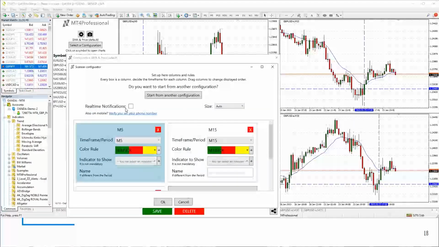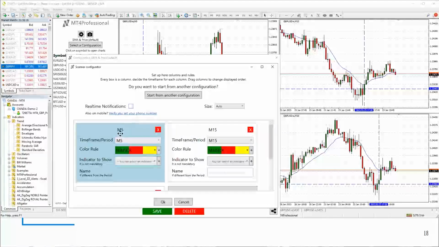If you turn on real-time notifications by ticking this box right here, then it'll turn on the notification center. It'll give you pop-up messages on your computer, on your MT4 platform. It'll send you an email or it'll send you SMS messages that identify the trade parameter meeting all of your conditions for trade setup. So I recommend that you make sure that it's working first before you turn this on,